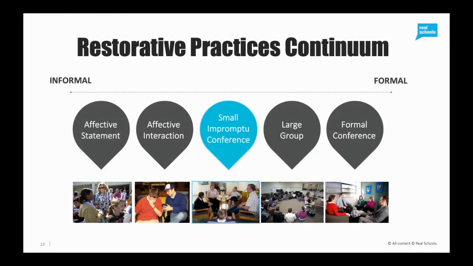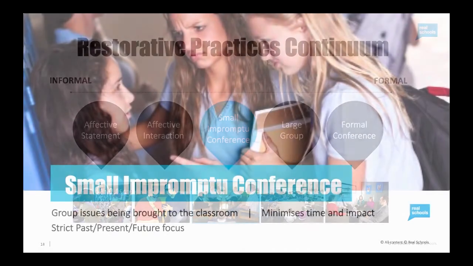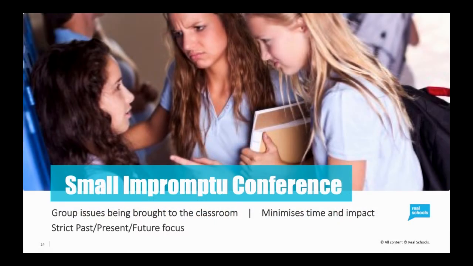The next one I wanted to mention was small impromptu conferences that come up for group situations. I'm often talking about that. I often mention that I think every teacher has a superpower, and I think everyone has a kryptonite. My superpower is angry boys. That works really neatly for me, and they don't elevate my heart rate and don't upset me, so I can cope with all that. But girls from about year 5 to year 9 really do my head in. They're my kryptonite, and so I need a plan for them.